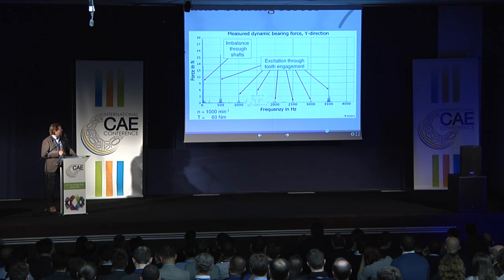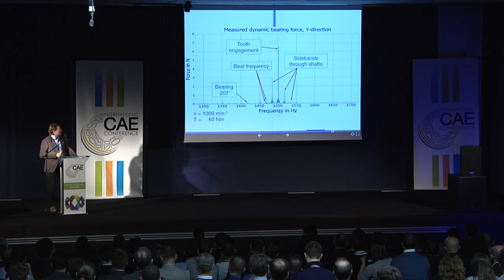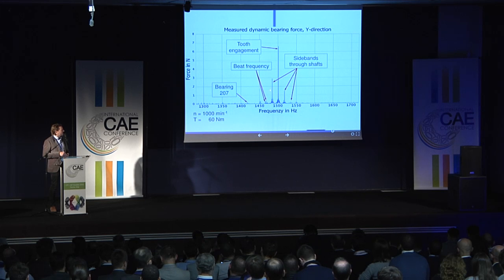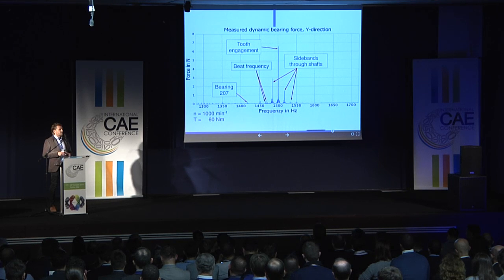What happens if we zoom in right here at 1500 Hertz? Okay, so now it's going to be complicated, because there are lots of little peaks I have to explain. This is the tooth meshing frequency. Now we know where it comes from. These are side bands caused by the shafts. They are occurring right here. Side bands are an amplitude modulation of the dynamic bearing force. So what is happening here? If you measure the distance between this frequency and this frequency, you see it is maybe like 15, 16 Hertz, and it's exactly the frequency of the spinning shafts. So this is true behavior.